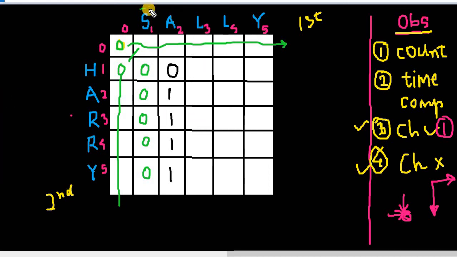After this, let me take a different color. For now we'll check L of Sally against the whole string Harry. L will be compared with H, it does not match, so we'll take the maximum value between these. As of now it is 0. L and A will be compared. These do not match, so we'll take the maximum value, that will be 1.